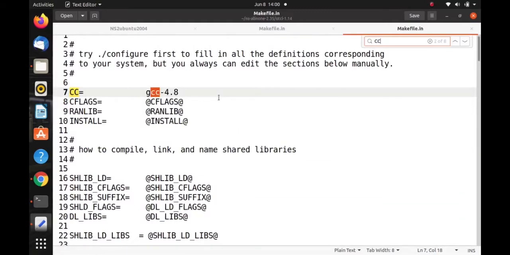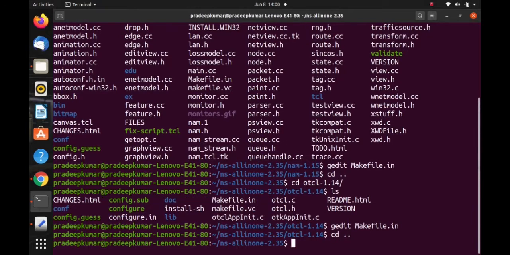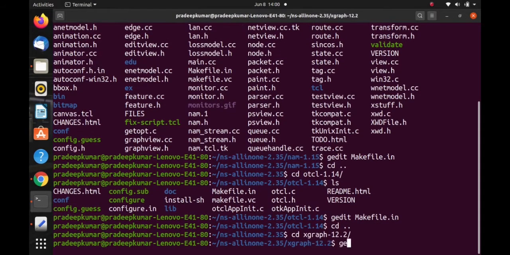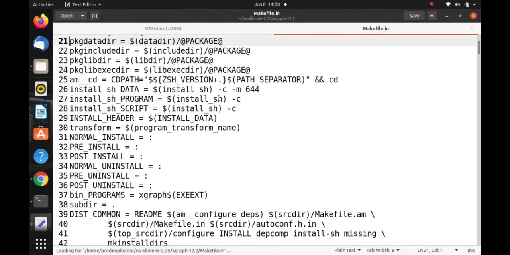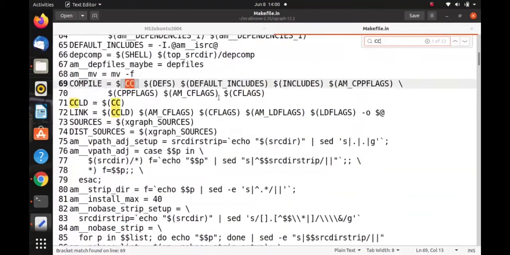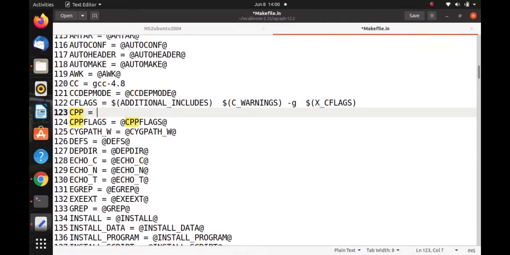Okay, fine, no issues. Then similarly wherever possible you can change it, even in xgraph. cd xgraph and gedit makefile.in. Here we have to change it to GCC hyphen 4.8. Control F, CXX, it's under CPP. Yeah, CPP is there, so again we have to change it to G++ hyphen 4.8.